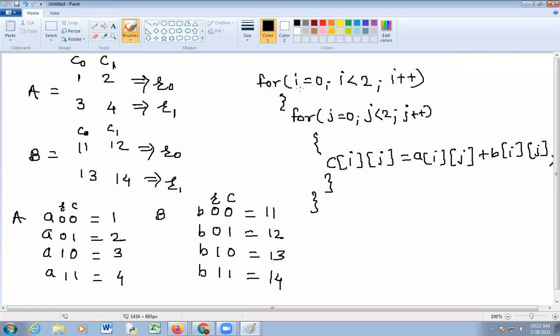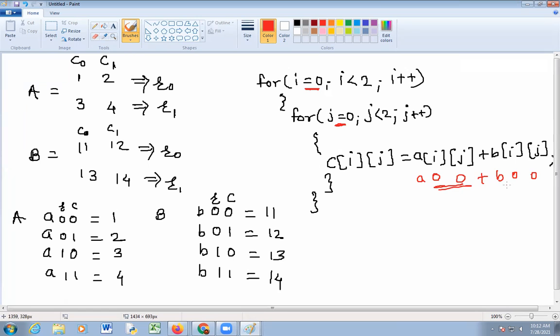Okay, see here, when i equal to 0, check this condition, 0 is less than 2, this condition becomes true. Then j equal to 0, j less than 2, this condition is true. So i0, j0, so addition of A of 0, 0 plus B of 0, 0 element.